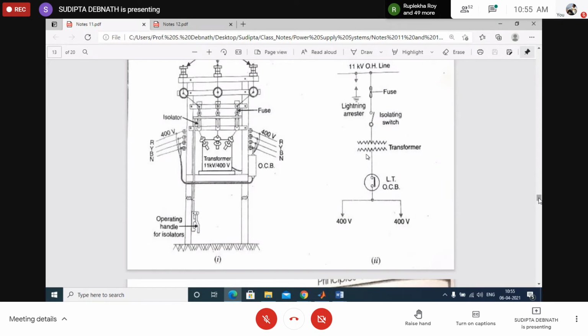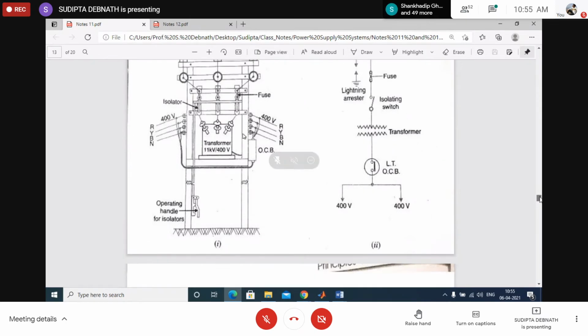Okay. So after this is on, you cannot operate this isolator. So during closing operation, this isolator will be operated first, then the circuit breaker. During opening operation, circuit breaker will be operated first, then the isolators. Only remember two things: isolators operate under no load condition, circuit breaker operates under loaded condition. Okay. Now is it clear?